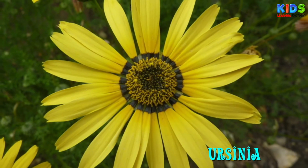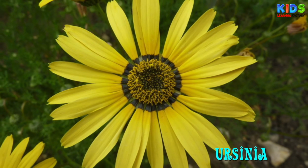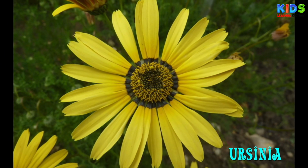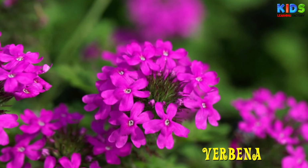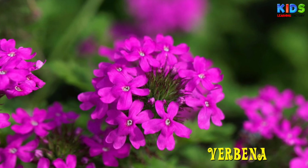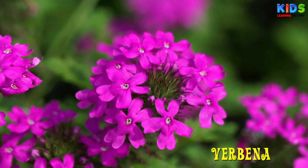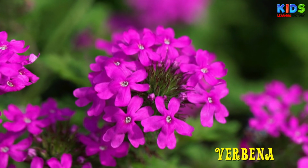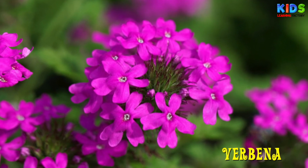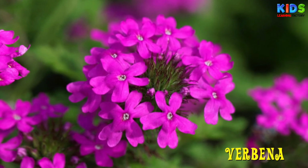Ursinia. Ursinia is a member of the daisy family. It is an easy grower and does well as a bedding plant. Verbena. Verbena is a tuberous perennial that brings life to pots, flower gardens and borders. They are known for establishing themselves quickly in the first season and are capable of blooming from spring until the